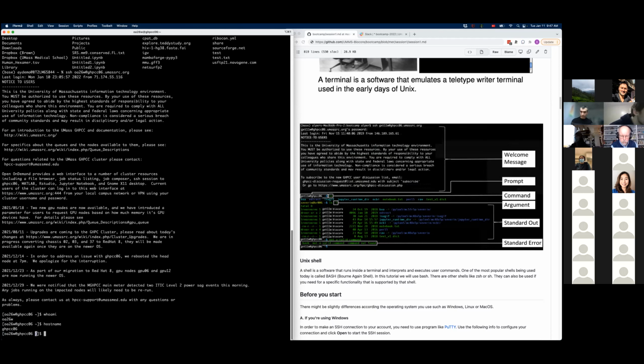You also see this tilde, which means that by default, when we connect to a computer, it brings you to the home directory. Directory is the same thing as folder. On Linux and Unix systems, it's called directory. On everyday computers, we call these folders.